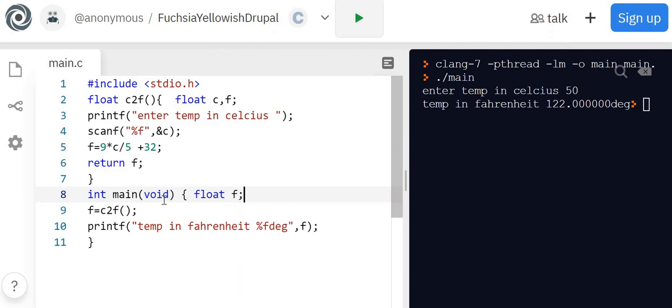So the main execution starts. It defines float F and immediately calls the function. The function starts. In the function C and F both are defined. It will enter the temperature in Celsius, get the temperature, and convert it into F and immediately